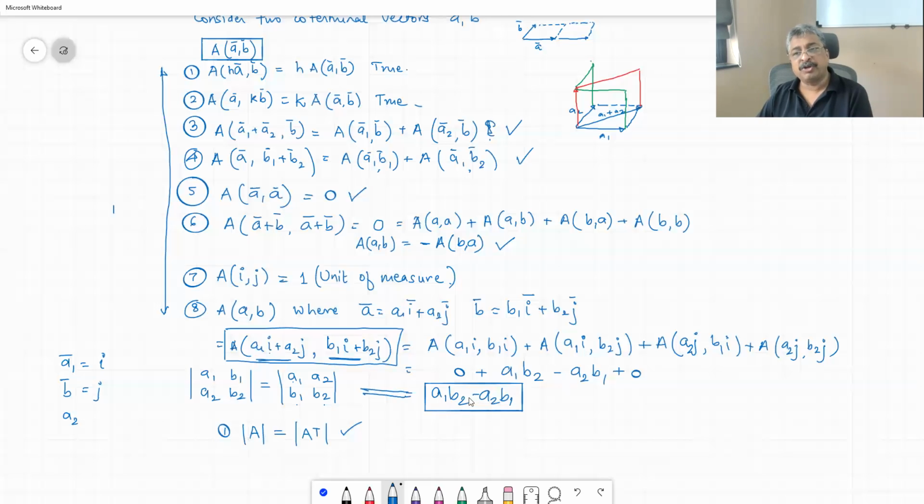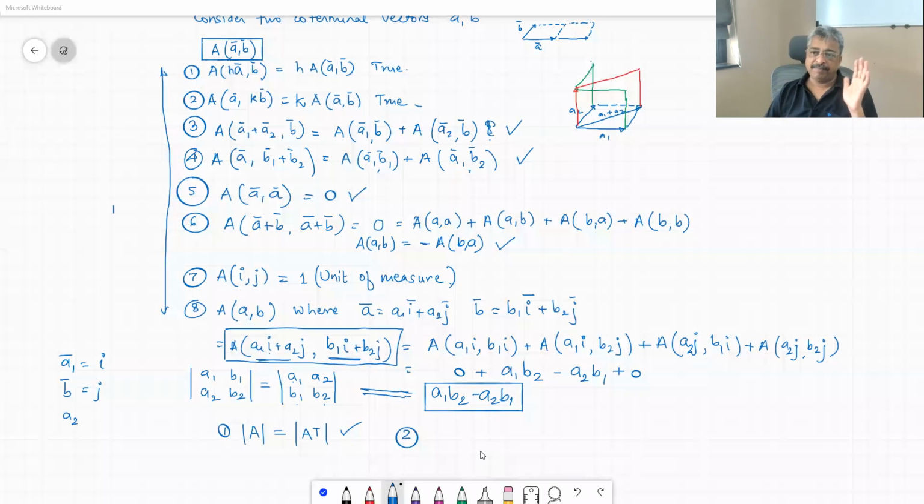Because eventually it is going to be a number. Number two, second property which we are required to use, and why we are developing these properties is because if you end up getting a very complicated determinant, by using these properties that we are trying to set now, we should be able to transform that determinant into a very simple determinant, which is going to be easy to evaluate.